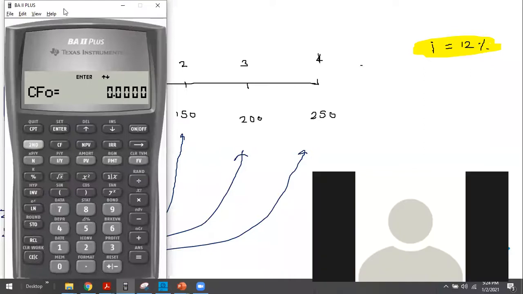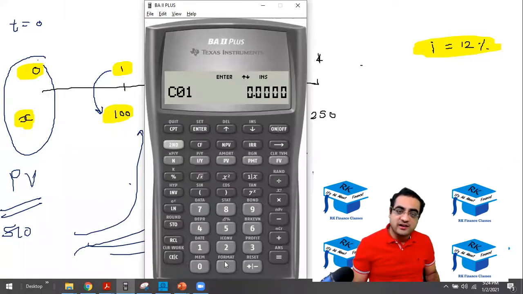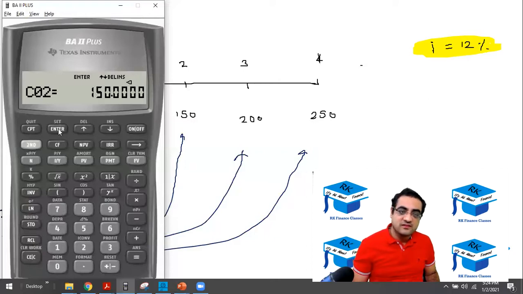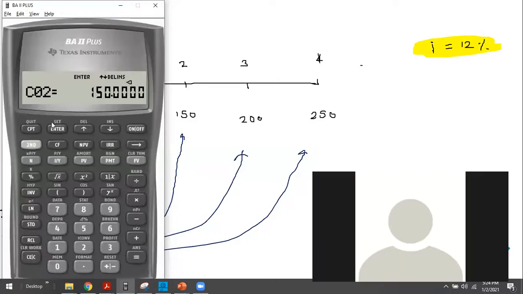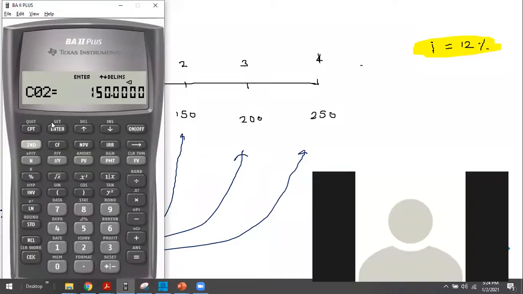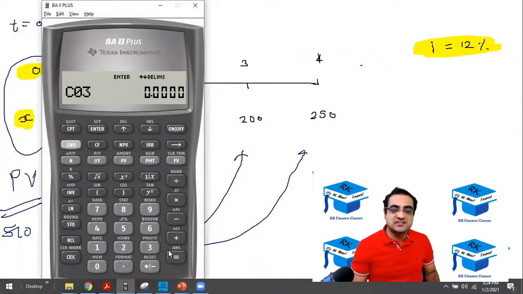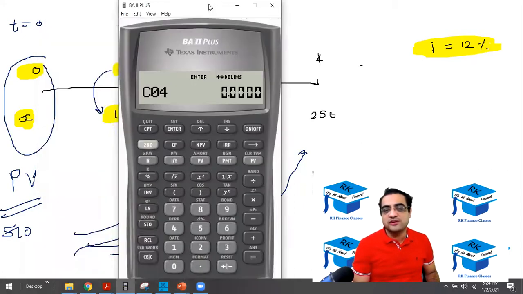So one more time. All right. Okay. CF0 nothing. So scroll down. C01 100. Enter. Scroll down. Ignore the frequency. Scroll down. C02 is 150. All right. Now, was the previous data there for someone who was asking? Sanath, you were asking, is previous data still there? No, sir. All right. So scroll it down. Ignore the frequency. Scroll it down to year 3. Year 3 has 200. Enter it. Scroll it down. Ignore the frequency. Scroll it down to year 4. Year 4 is 250.